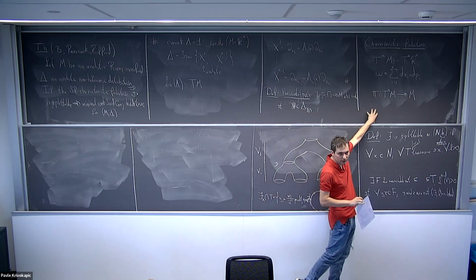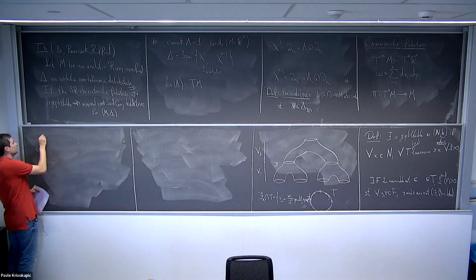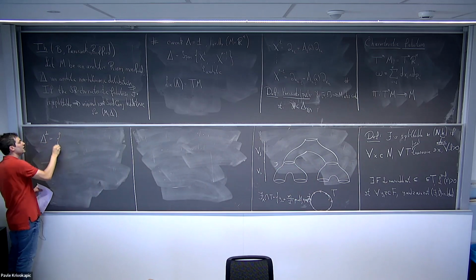So I'm starting already with the geometry that we will need to give this characterization. So what are the objects that we're going to look at? We're going to look at a subset of the cotangent bundle, which is given by